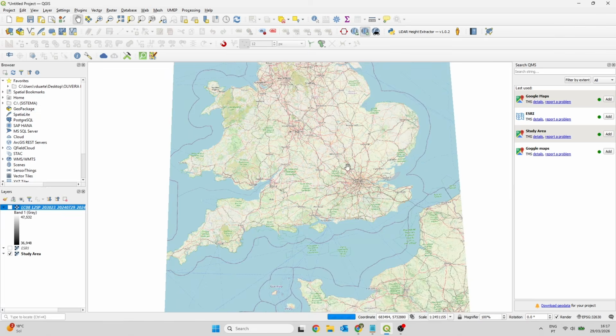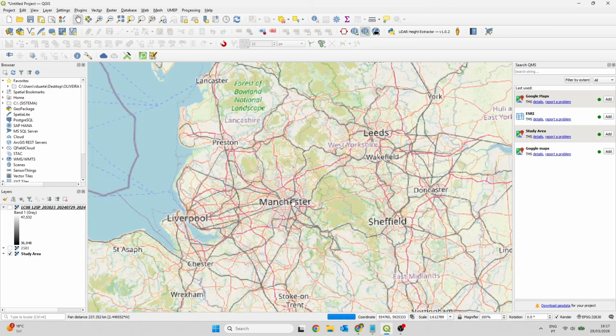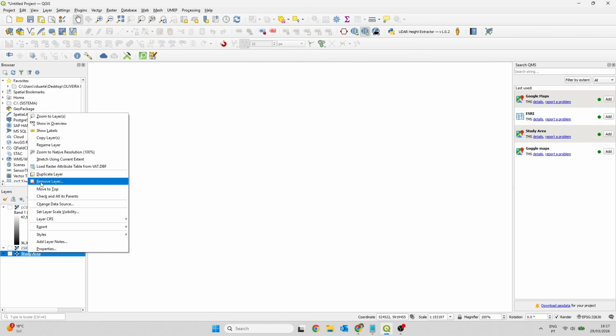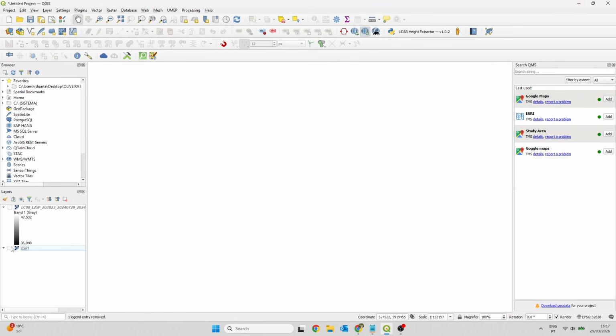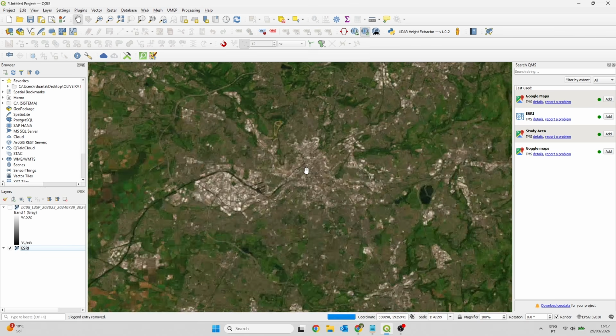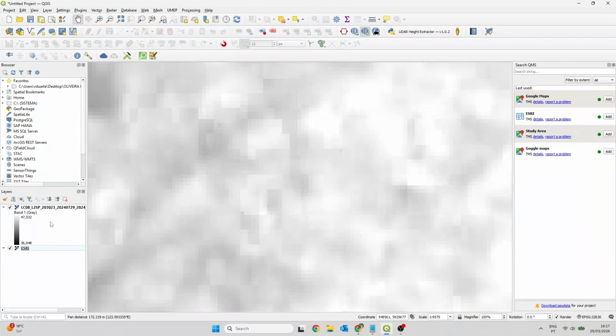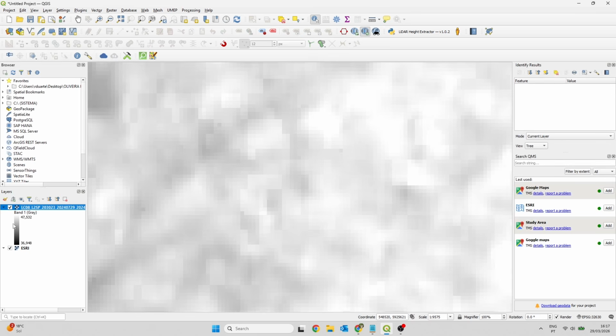We're currently in Birmingham, but we want to move up north to Manchester, right here. Okay, this is the correct area. We can now remove this base map, and this will be the area we want to quickly analyze. We can see values ranging from 36 to 47, but if we check the information, the value is actually much higher. If we click on Identify Features, we can confirm that.